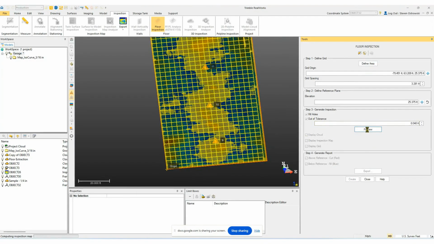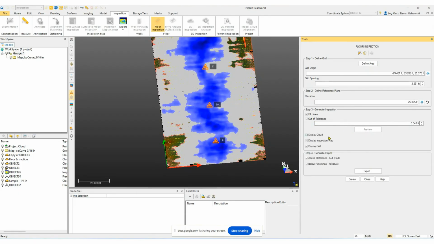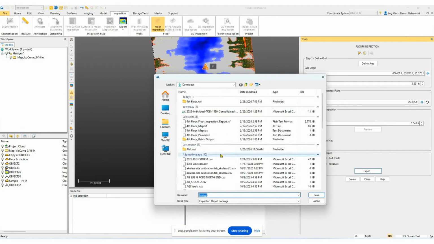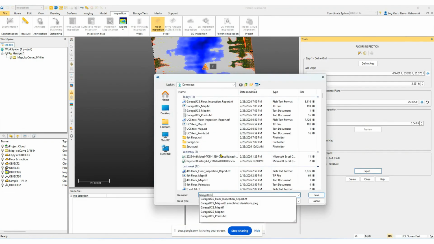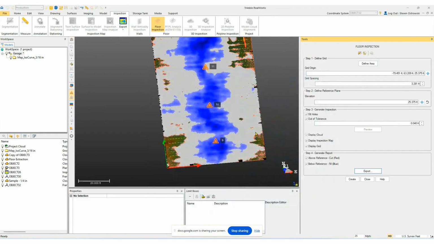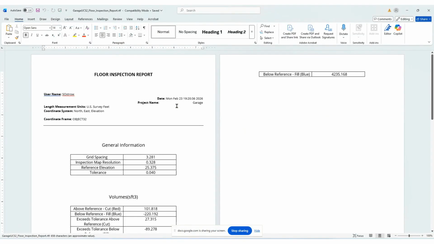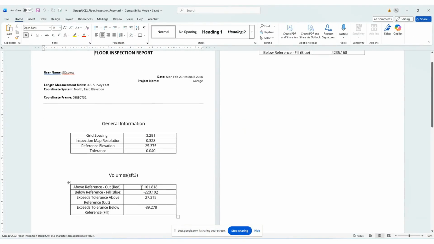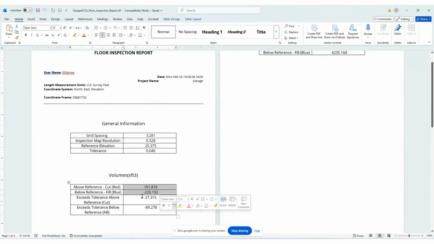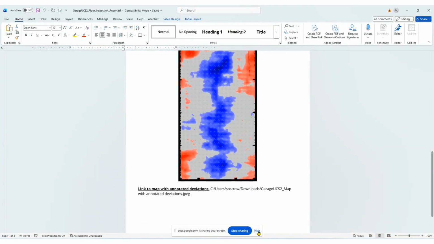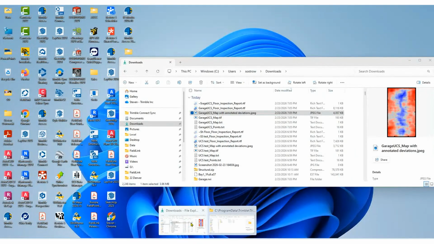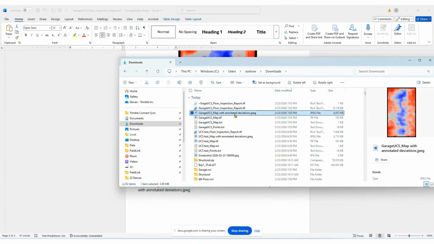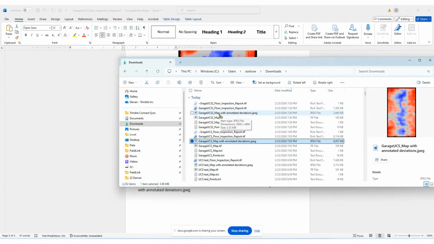And so the resulting analysis for this, we'll call this garage UCS2, will be the floor inspection report. So total volume, high, and then cut and fill, and then exceeds it. And then the other really nice thing is this grid map. So that will be a JPEG. If I do this again correctly,